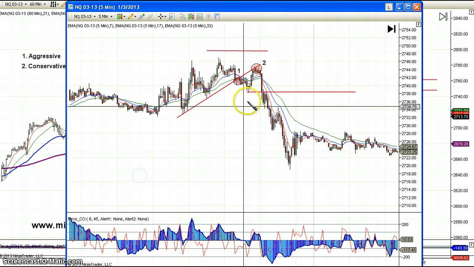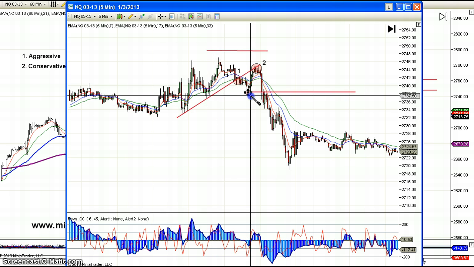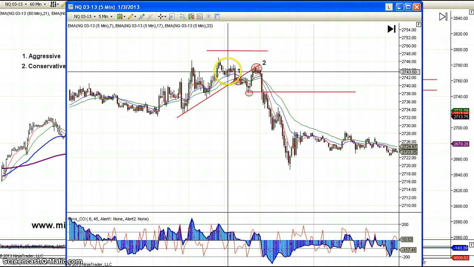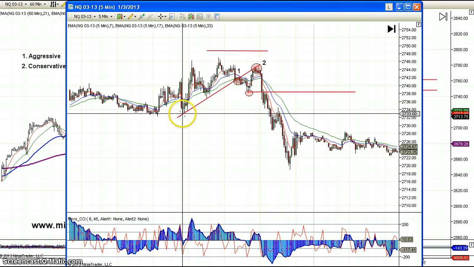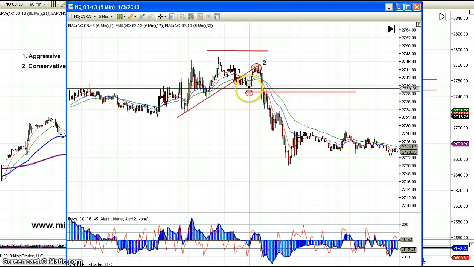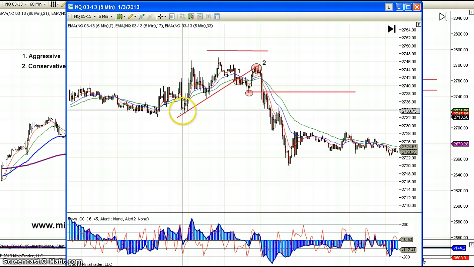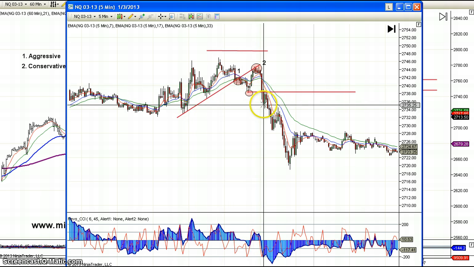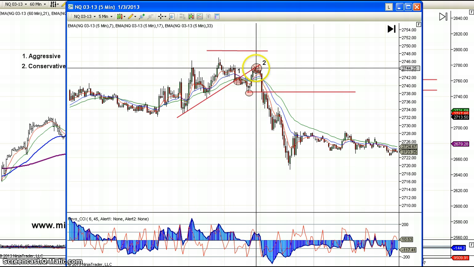So let's take a look at that. We have this low right here, and price moved down. You can see we have a high off of this low, we have a higher low, and then of course we have a higher low right here. And then once this low gets taken out, you can see price came back to the trend line,